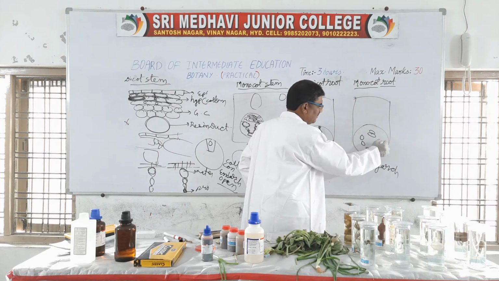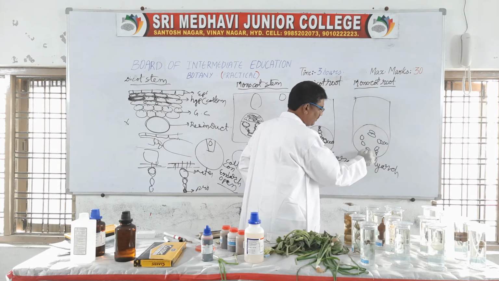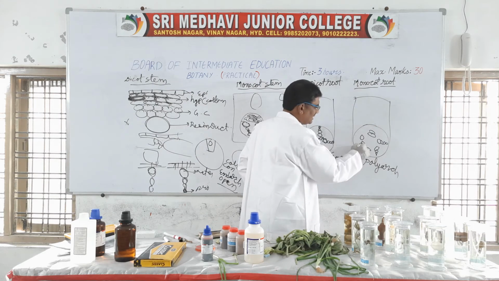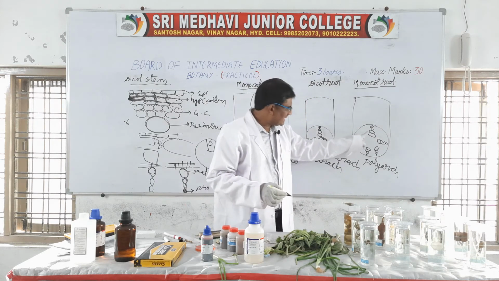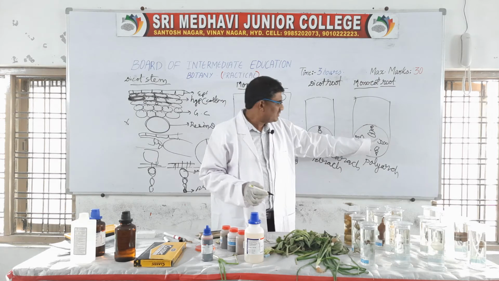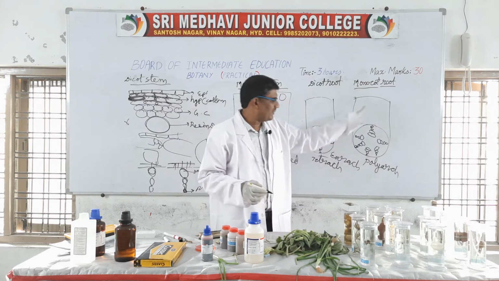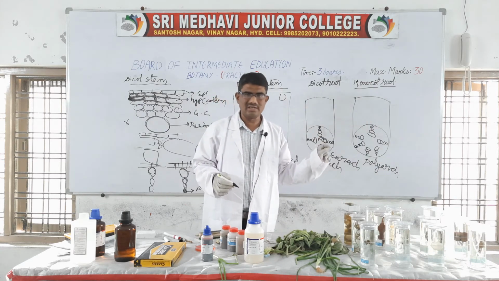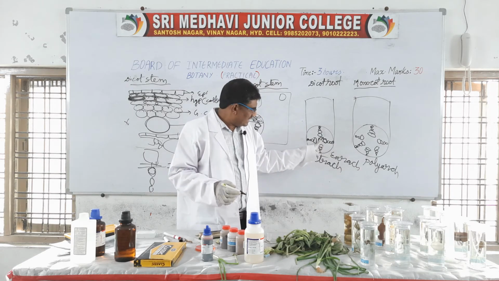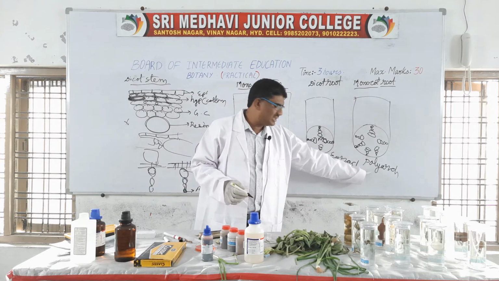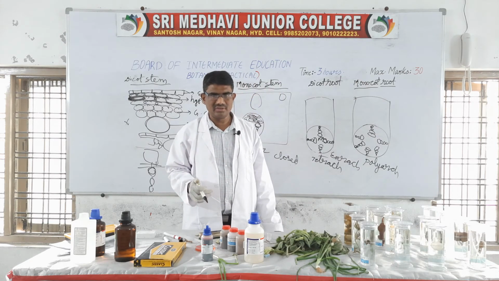This is the metaxylem, and this is the protoxylem. The protoxylem is peripheral. Here this is the protoxylem, and here this is the protoxylem. Understand? At the center there are large vascular elements, and at the periphery small ones. This condition is called exarch condition. Tetrarch condition is observed in the dicot root, and polyarch condition is observed in the monocot root. Understand?